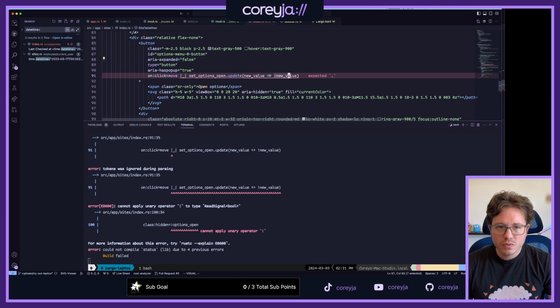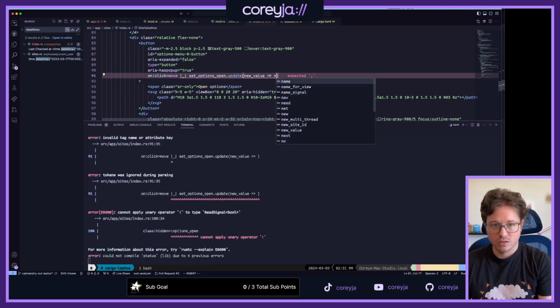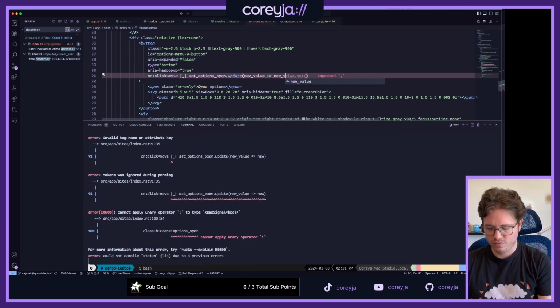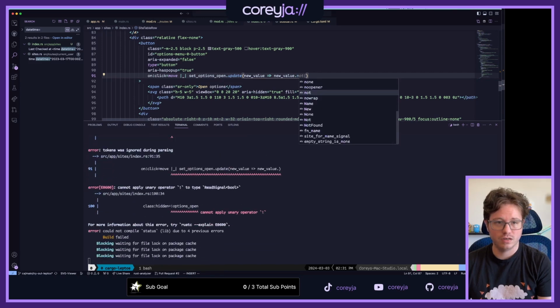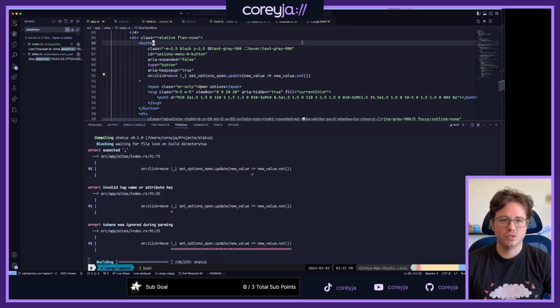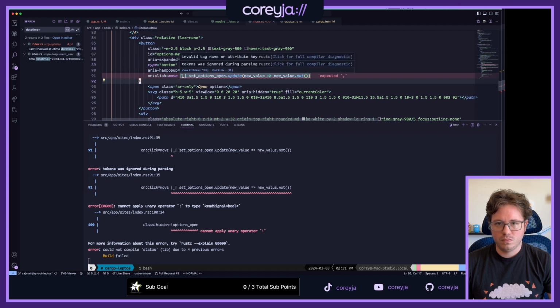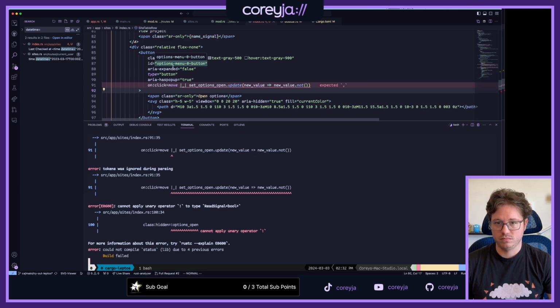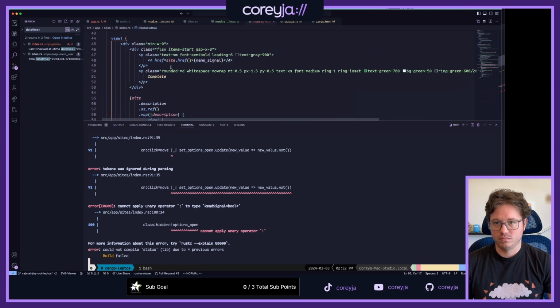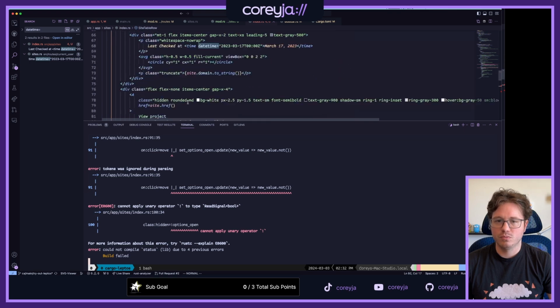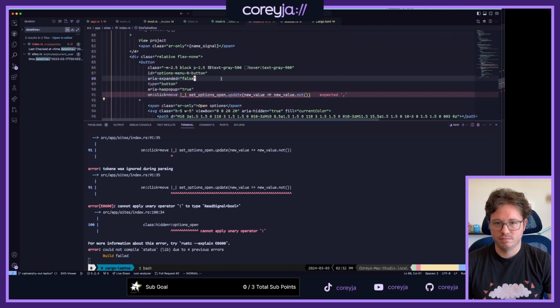New value where new value dot. Oh, that'd be cool. Does that just mutate it? Invalid tag or attribute name when parsing. Options open and set options open.